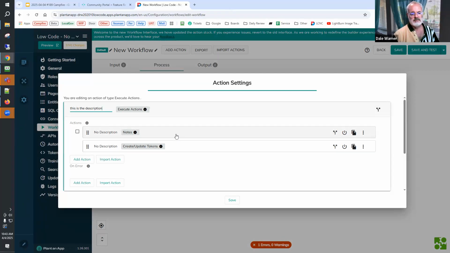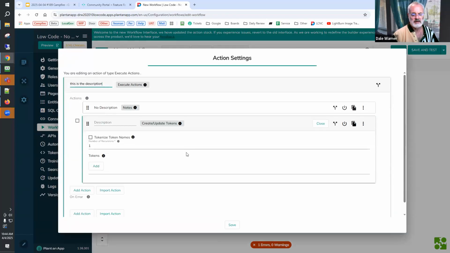As the product committee looks at these things, there's always a little bit of tension around real estate. If you're not using that thing and it's taking up space, well, we've tried to go for a pretty minimalistic look on each action. For somebody who's not using it and it's taking up a line that you have to scroll through, trying to figure out where to put that would be a challenge.